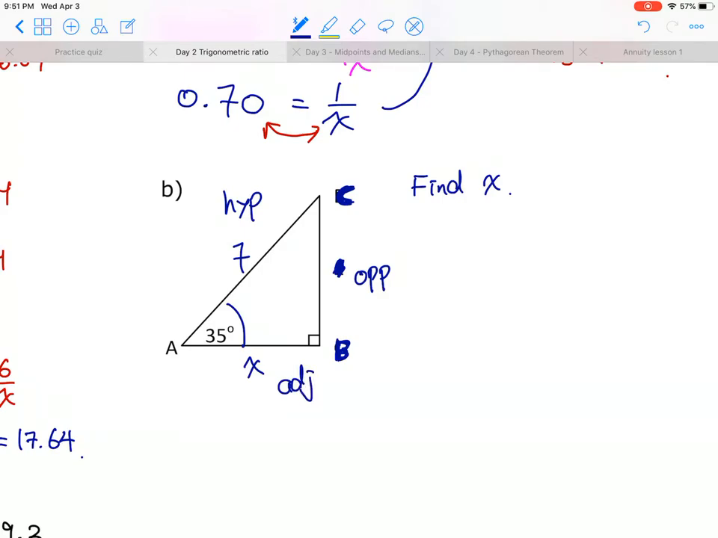Now, the opposite is not given to us. Opposite is not asked to find. So we don't care, right? We don't care. If it is not asked, then we don't care. Don't waste your time on it. So in this case, from